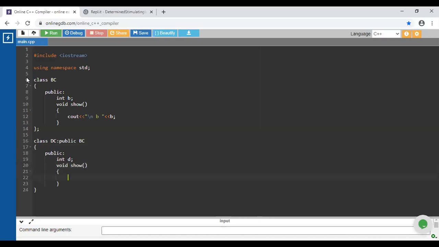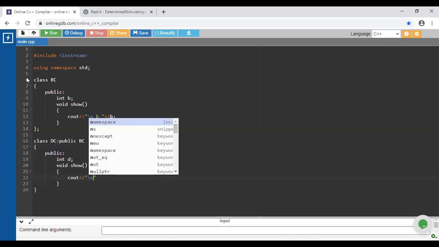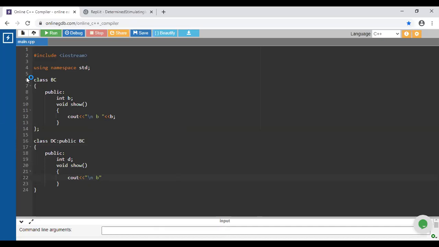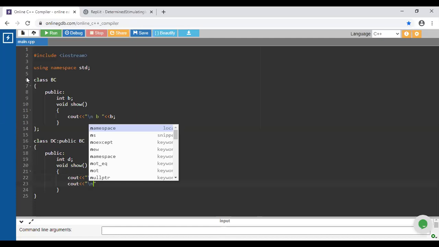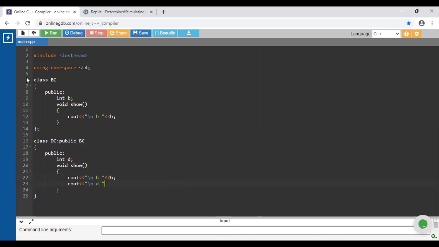Inside that, cout, first of all I'm going to print the b variable. Next, cout, which variable am I going to print, guys? The d variable. Clear up to this?